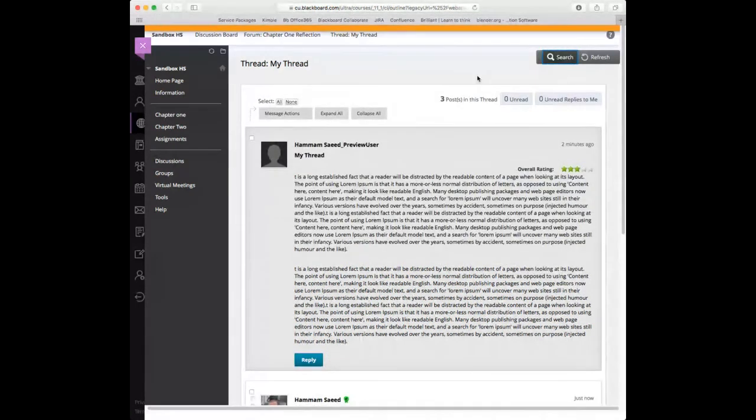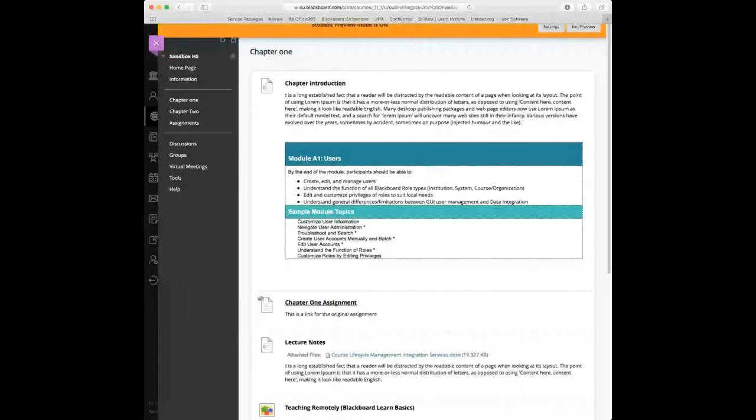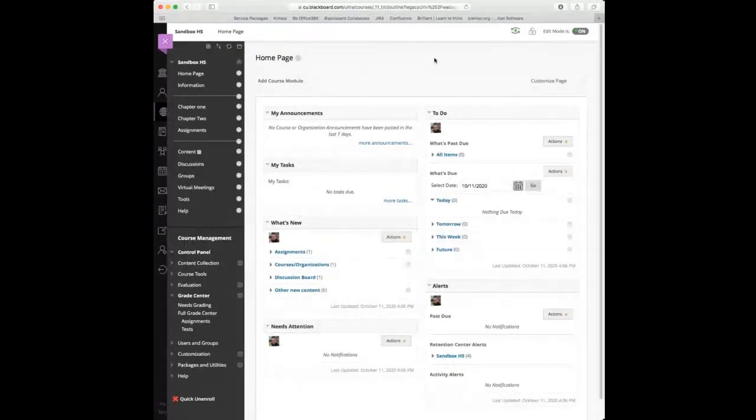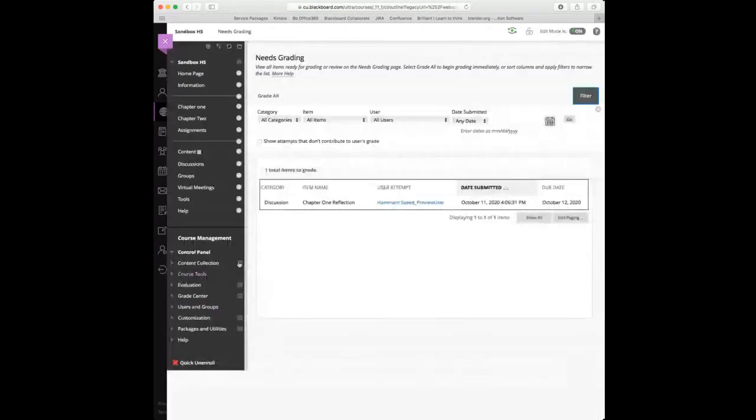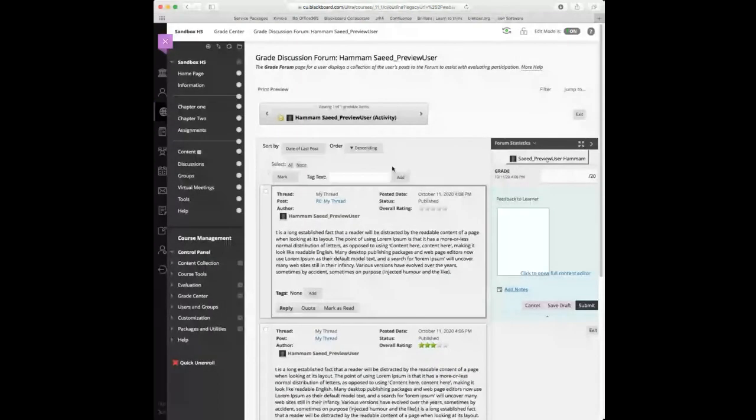Now, what's important is to view this as an instructor and see how the instructor will do the grading for the student activity. So I will exit the preview and show you how to do the grading for the student. Again, to do the grading, we need to go to the needs grading area, because this student's posts in this discussion have reached the threshold, which is 2 posts. Then the system will notify me that there is a new participation, a specific discussion forum that needs to be graded. Once I click on the student attempt,